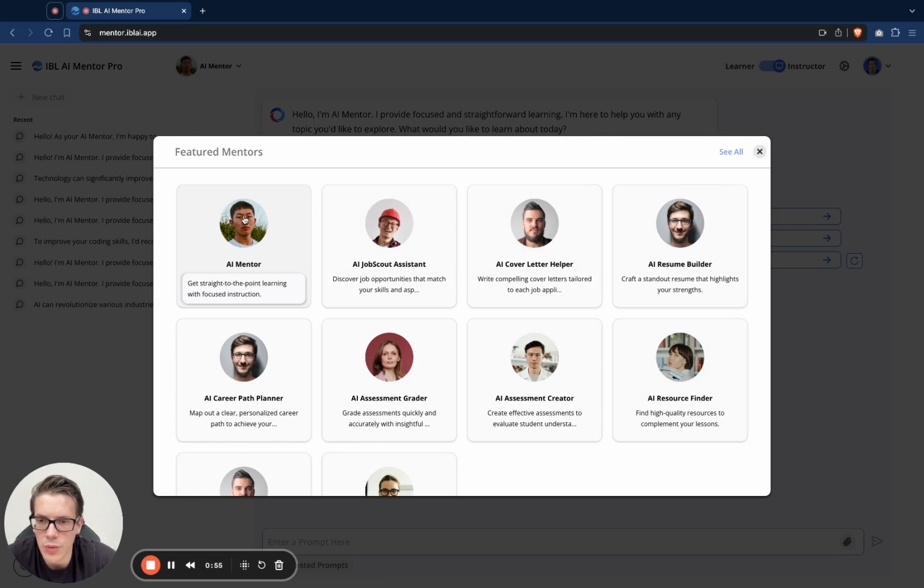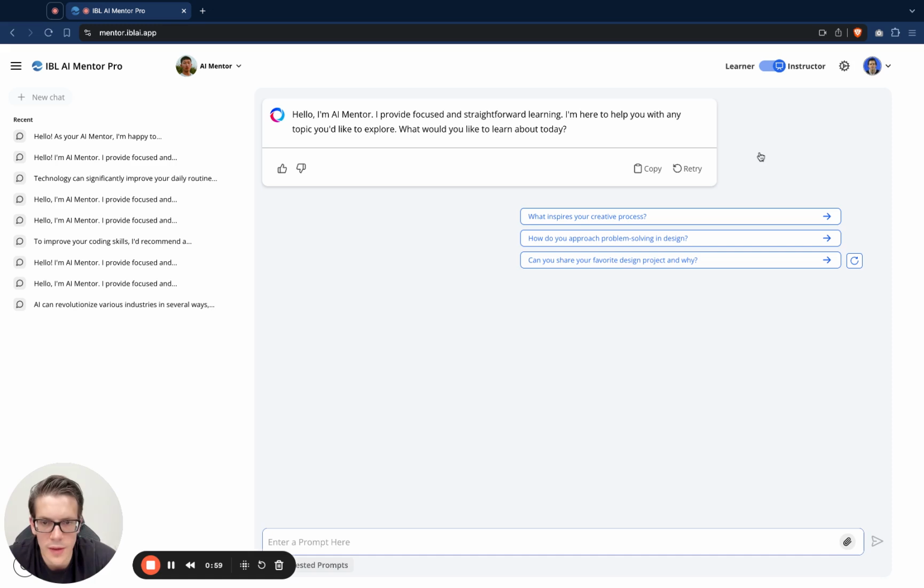In this case, we start with the AI mentor, get straight to the point learning with focused instruction. And here we have, on one hand, the recent history. On the other, we have the conversation starter, the proactive prompt, if you will. Obviously, abilities to rate, upvote, and downvote answers for analytics later. We have suggested prompts. This is for the student to have some idea about what to